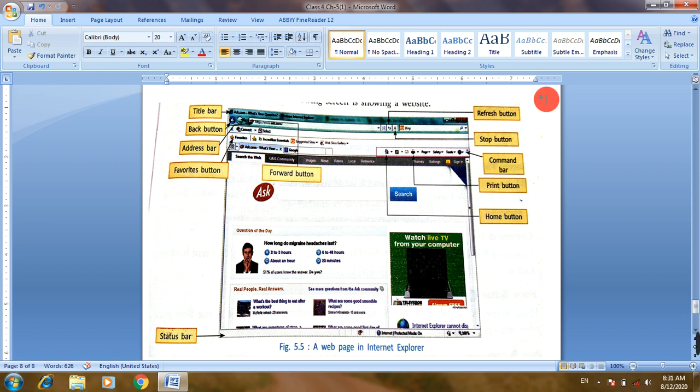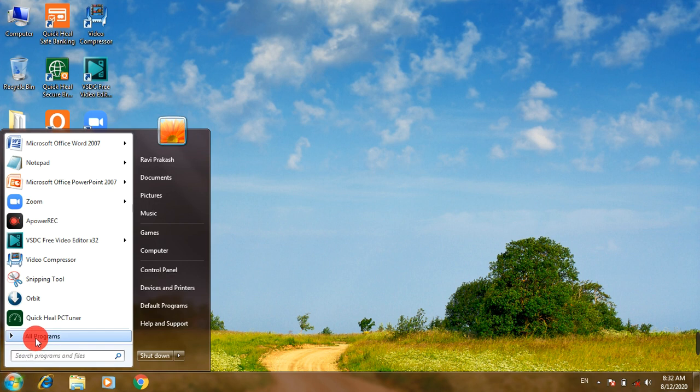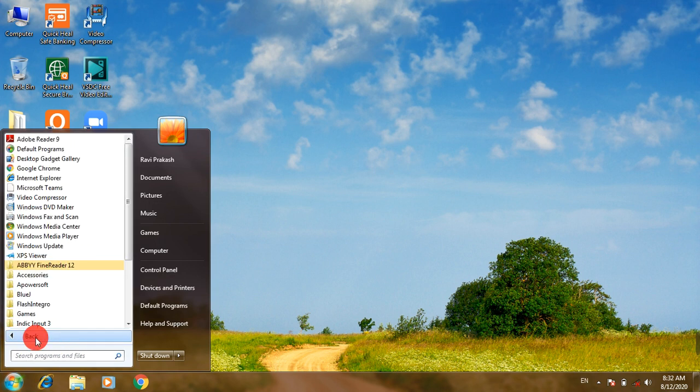Other buttons are also there, so I'm going to show you by opening Internet Explorer in my computer. First of all you have to click this start button, then all programs, and in this list you have to search for the Internet Explorer option.